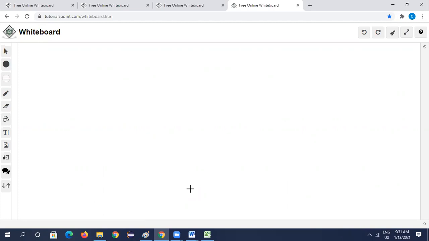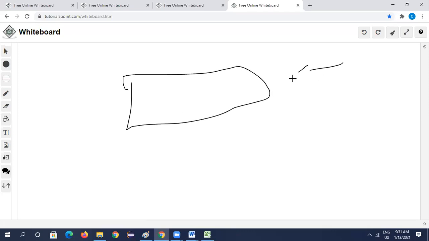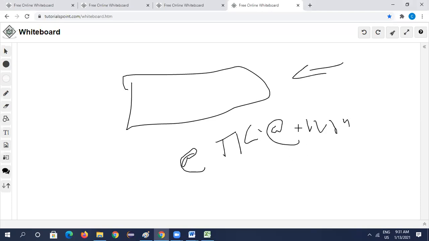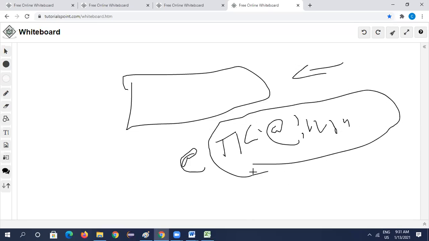For example, in login functionality, the developer initially allowed the at the rate symbol in the password. I gave the password as ttc at the rate exclamatory mark 1234. Later you have done this testing, taken screenshots, and kept them for yourself, because not everything needs to be attached to the test cases.